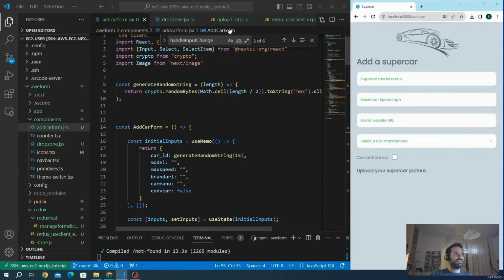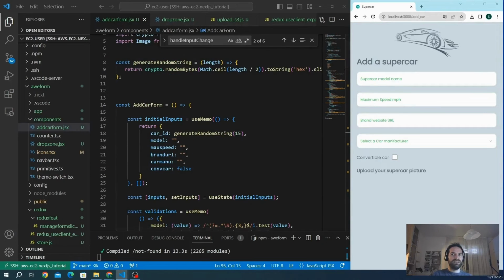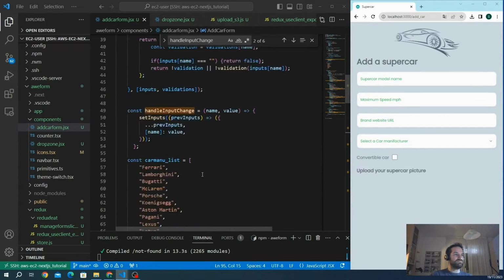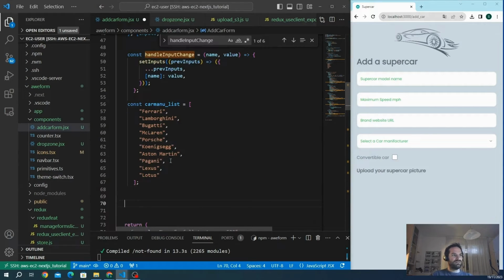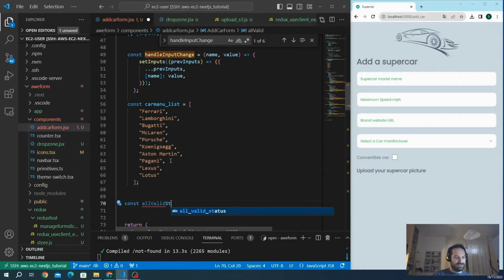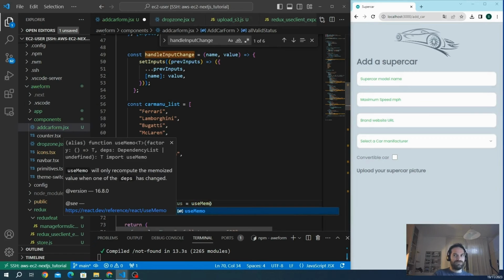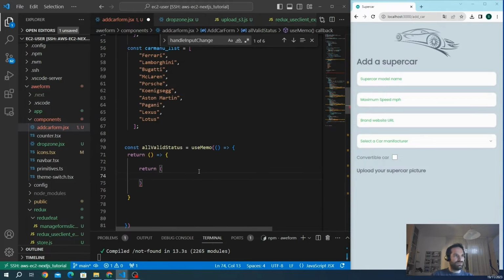Okay, we can create it back in our add car form, and we can add it on the top of our component. Here we go. We call const all valid status. So this function will check two conditions. There is not one empty string, or the text inputs conform to our regex rules. Okay, in this case, we can also use memo to optimize our function a little bit. Return just a value, true or false, depending on all the